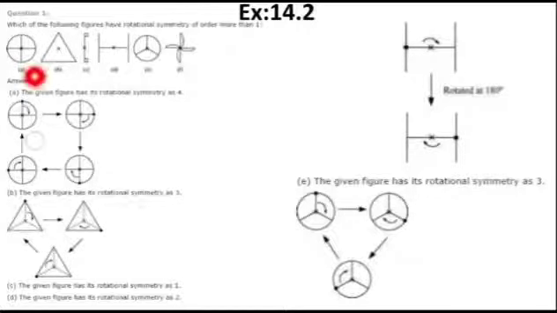Now let us talk about our first figure A. As you can see, this is the point I have taken, and this point is being rotated. See, this point came here on the top where it is 0, then again here, then it is down, then it is here, and then back to 0. So that means how many times? 4 times the figure is actually matching its impression, no change. So what is the rotational symmetry? The rotational symmetry has the order 4.